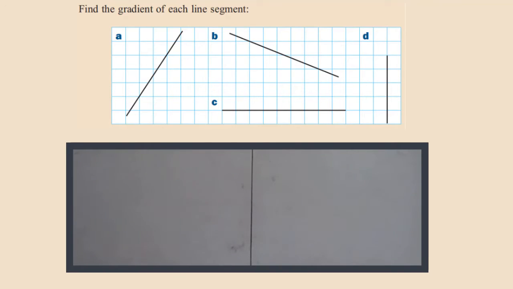Find the gradient of each line segment. So we have 4 straight lines, A, B, C and D, and we need to find the gradient of each one. Now the gradient formula or approach that I'm going to use,